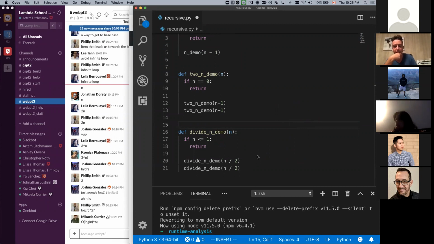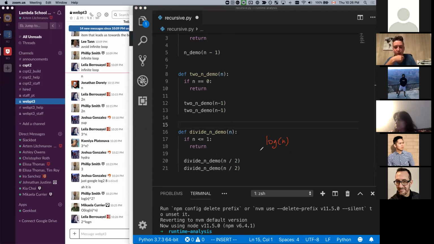It'll probably be like, let's see, if each of these things is log n, right? Then I think this is probably going to end up being 2 to the log n,